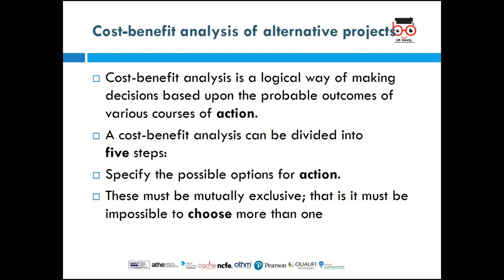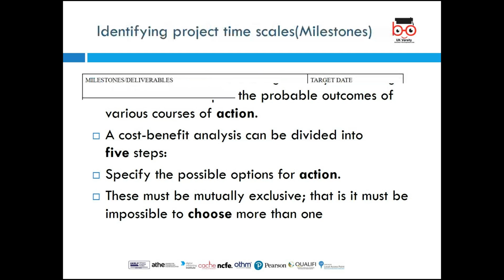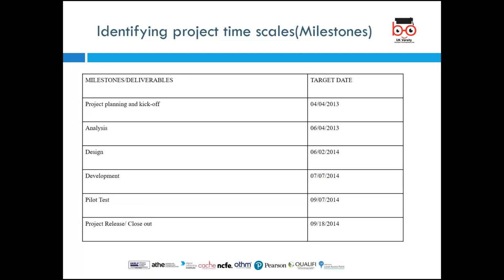Specify the possible options, and these must be mutually exclusive, so that it might be impossible to choose more than one. So when you are doing cost-benefit analysis, if you have 4 alternative projects, you will have to choose one, which will make a good business case, which will be cost-effective, and which will save the organization money. Right. Now, we're going to look at